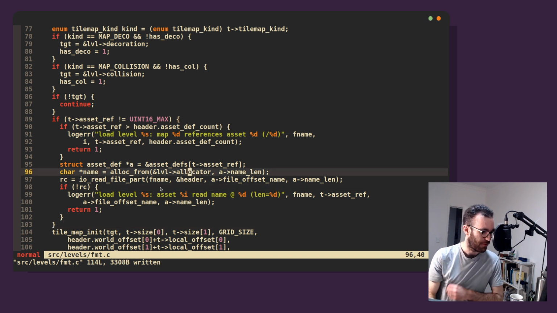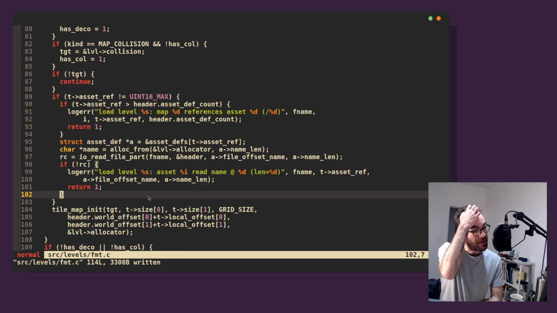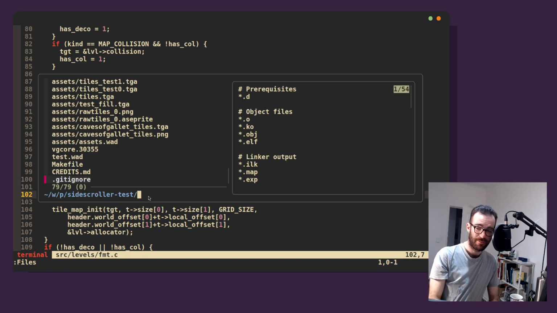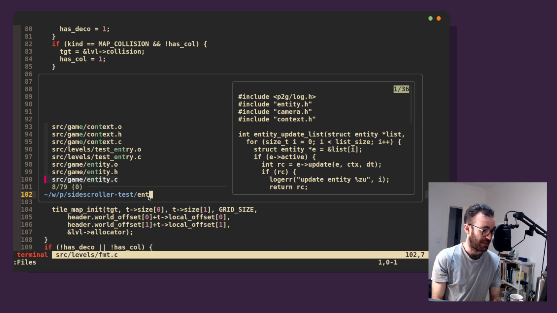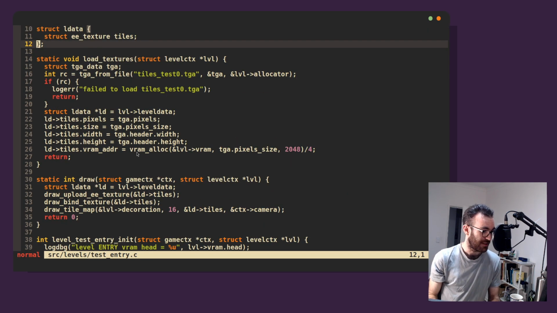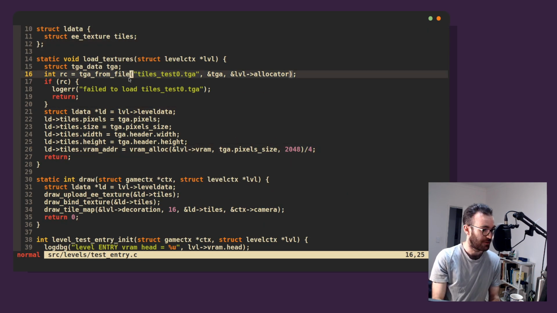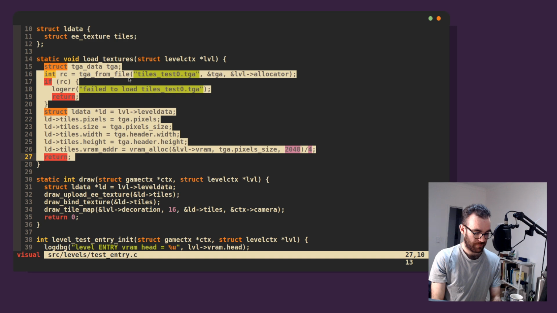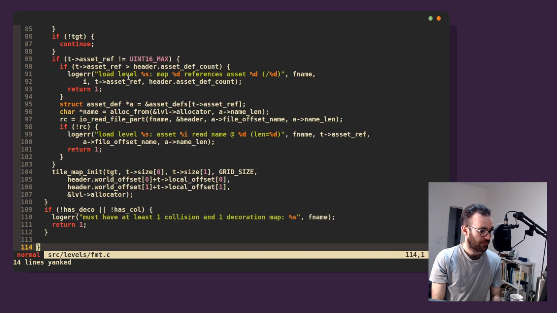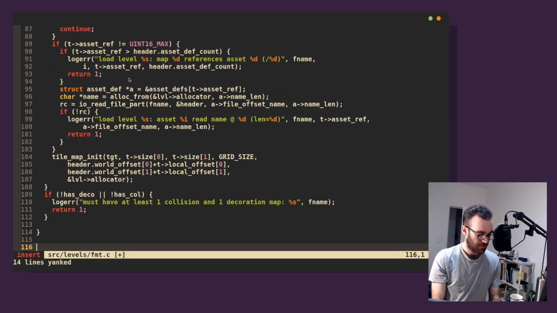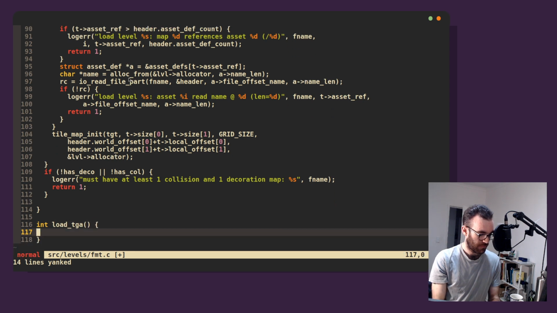Okay, so allocate from read file part. We've got a name now. We've got a name. So we can just do our dumb TGA load from that. So for now, we're just going to assume everything is a TGA, and that sucks. But it's a good place to start. This is all we need to start. So we're going to do this. And let's put this in its own function. Let's call it, and let's